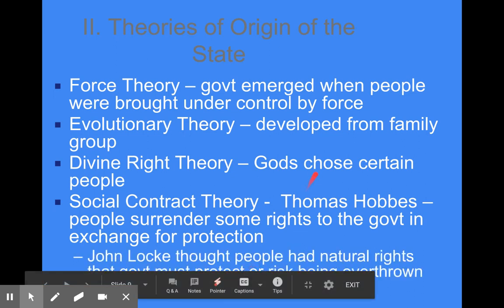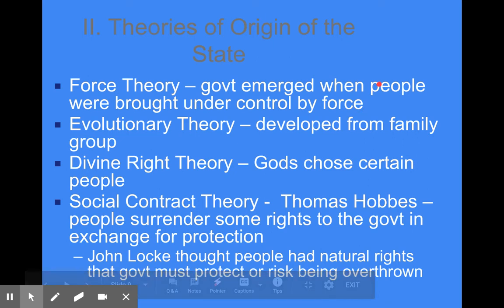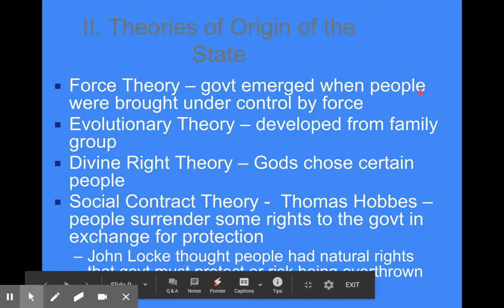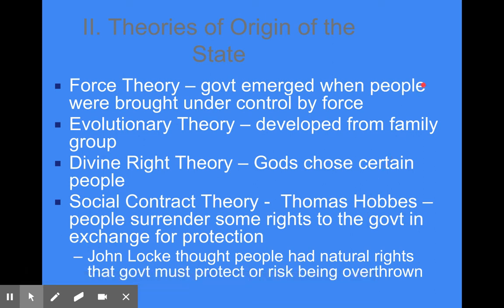Okay. John Locke had other rights. He believed in natural rights. The next slide will go into a little more detail, but you might remember Locke. Locke was really influential with the founding fathers. A lot of his theories are all over the Declaration of Independence. John Locke thought that people have natural rights, and the government's job is to protect those rights. And if you don't, you might be overthrown. That's his contract: we allow you to be the government as long as you protect our natural rights.